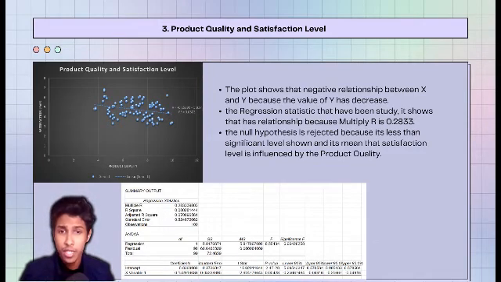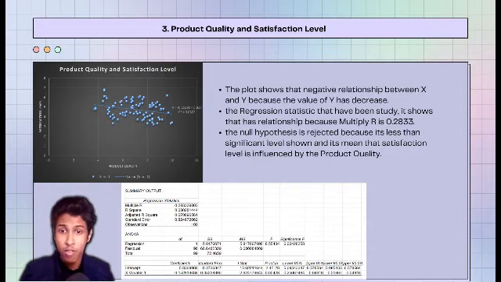Next, the regression statistics that have been studied show that it has a relationship because multiple r is 0.2833. The r square indicates 8.03% that is influenced by product quality. The relationship is shown as negative on the slope, which is negative 0.1529. Moreover, according to the analysis of variance, it shows